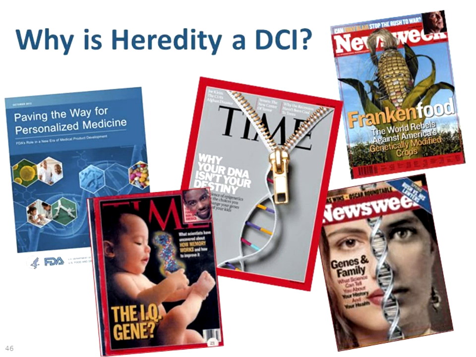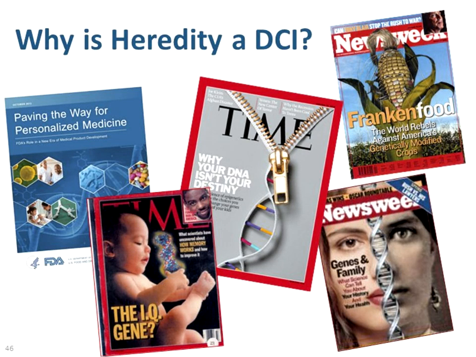So why is Heredity a DCI? Over the last 20, 30 years, there have been tremendous developments in the field of genetics. We have genetically modified food. We've cloned multiple organisms. We've sequenced even more. You can actually get a sequence of your own genes from, I think it's 23andMe. We're thinking about personalized medicine and treatments that are actually tailored to individuals' genetic makeup. So there are many ways in which genetics is relevant to our everyday lives.